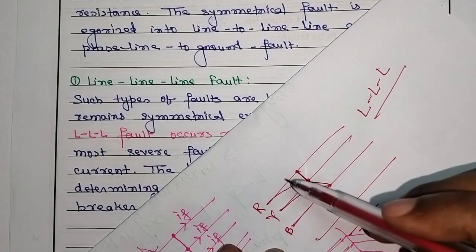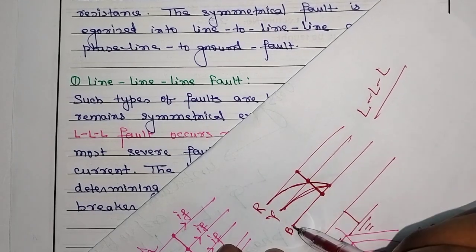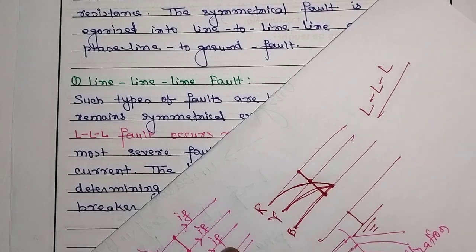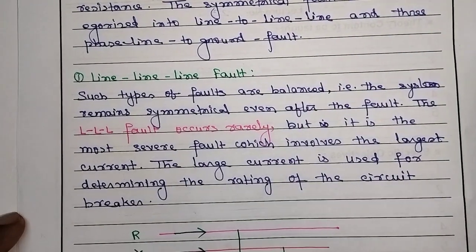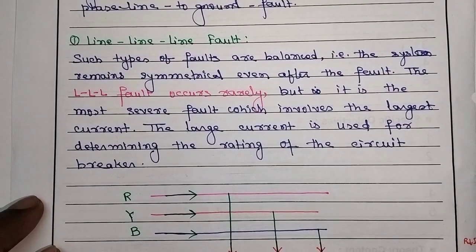If the tower has a fault here, because of this all of them get faulted and touch at this point. Such a type of fault is called the line to line to line fault. So here I have written that such a type of fault is balanced, that is, the system remains